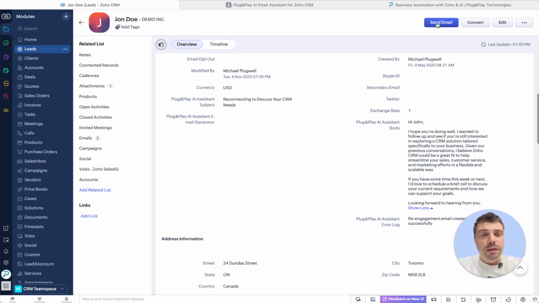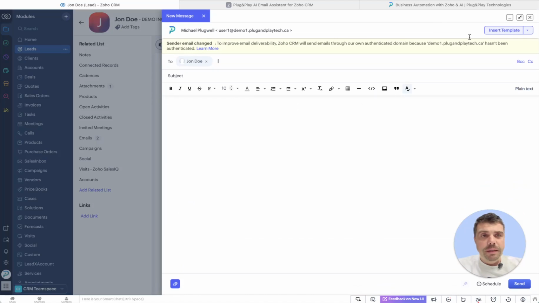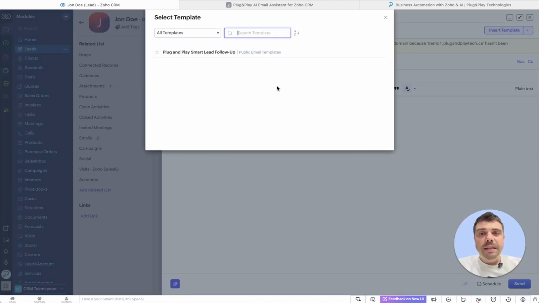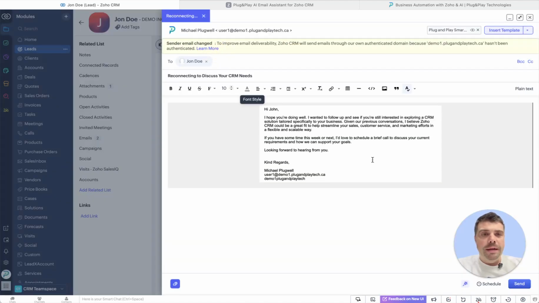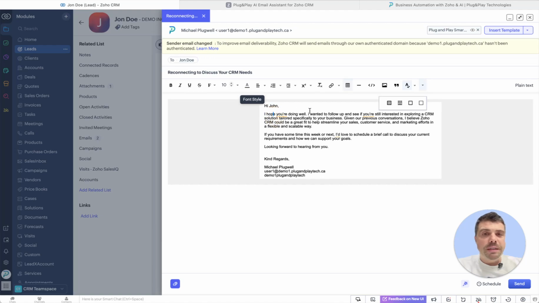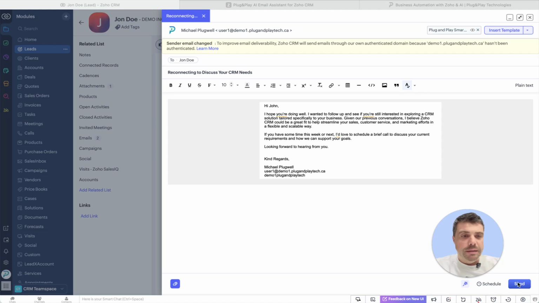To do that, we click the Send Email button, and we choose the Insert Template option. The extension has automatically installed in your system the Plug&Play Smart Leads follow-up email template that you can customize and make it look as good as you want. It already has built into it the variables, so it picks up the email content directly from the system, and all I have to do is maybe proofread the email and then hit send, and that will get the message